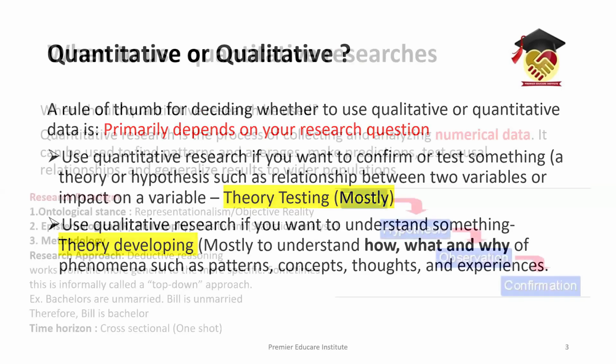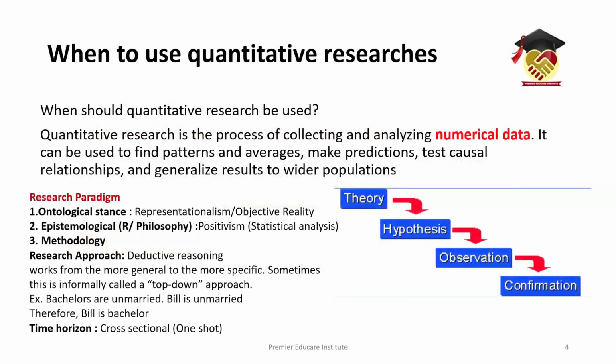And so when to use the quantitative? I told you very clearly. If you want to test some relationship between two or more factors, you have to go for the quantitative. Clear? So there you are testing some theories. You develop some hypothesis, and you collect the data, observations empirically, and then you confirm. So this is called